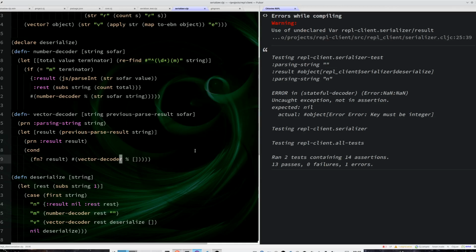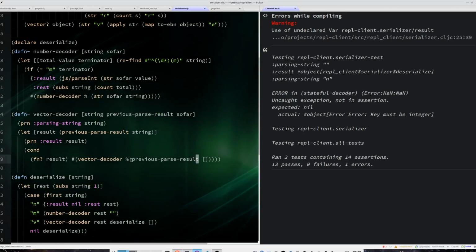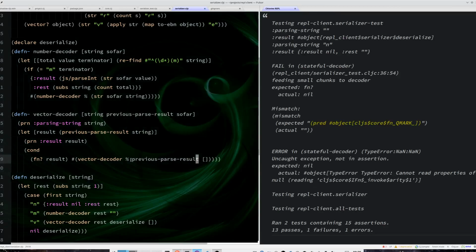Oh, sorry, vector decoder needs to get the previous parse result, otherwise this will be null. Okay, now we're getting somewhere. Okay, so parsing string, nothing, so I get back a function. Parsing string null, I get back a real result, and now I get something weird, that I was expecting a function and I actually got back null. And why did I get back null? It's simple, really, because